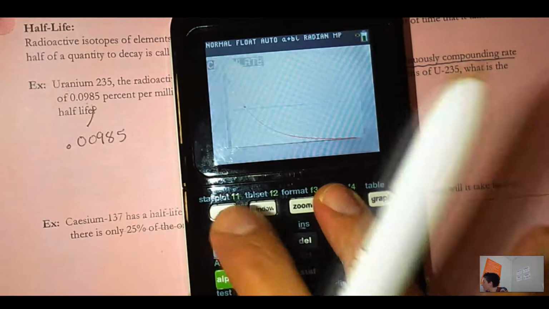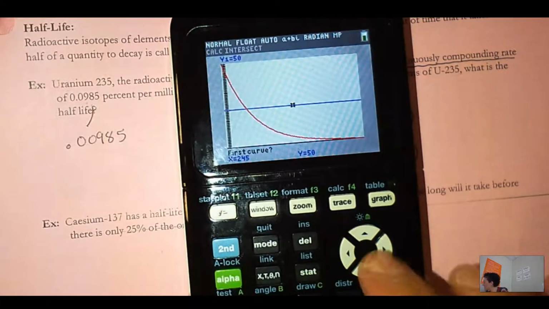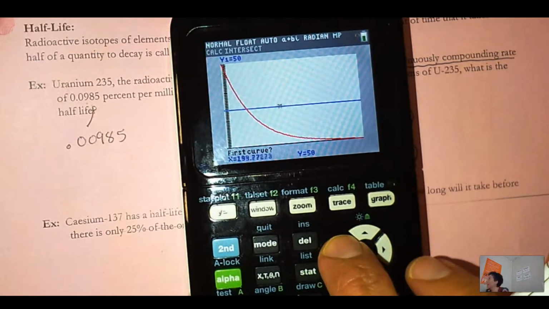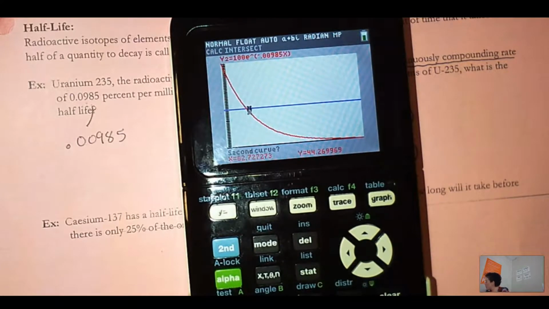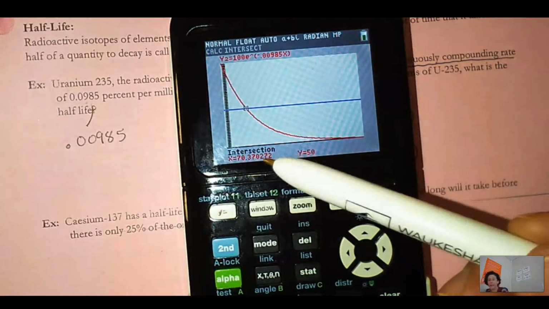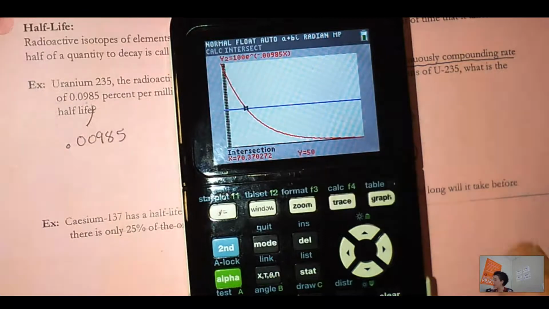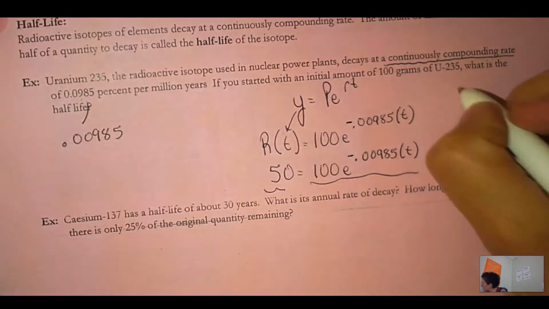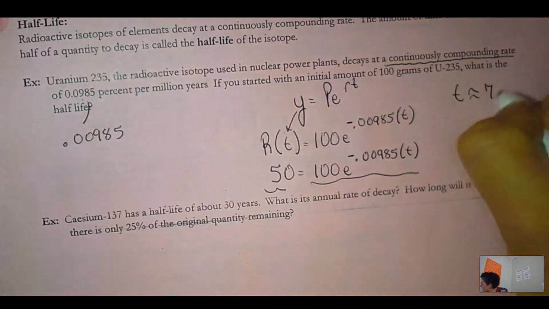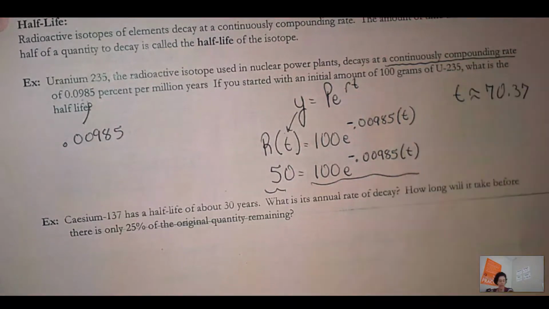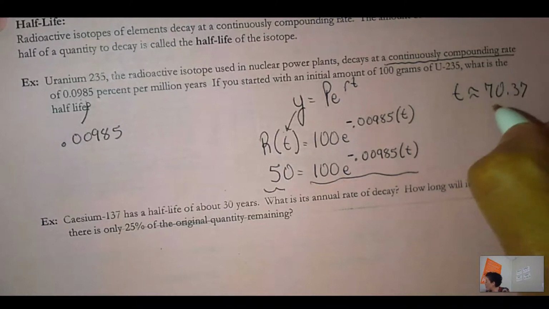But now that I've seen where they meet, second trace, choose option 5 for intersect. And then I'm just going to hit enter 3 times. And then I will get that it is 70.37. So the time is 70.37. And again, that just means, sorry, my watch is telling me I need to stop this video, that it's